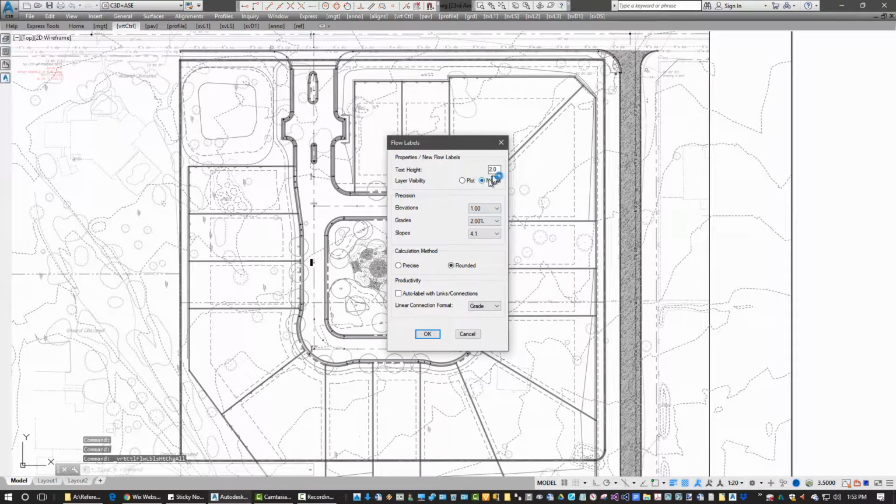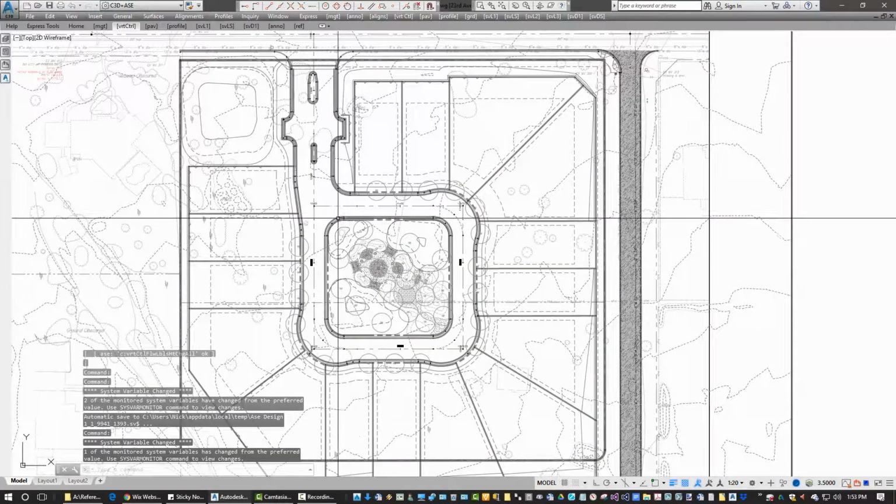The text height is going to be 2 units. No plot layer, precision as such around the values on calculation, and our linear connection format is great, but we won't worry about that. So our important one here is the text height of flow labels, but we can change that at any time. To create a flow label, we start by zooming up,